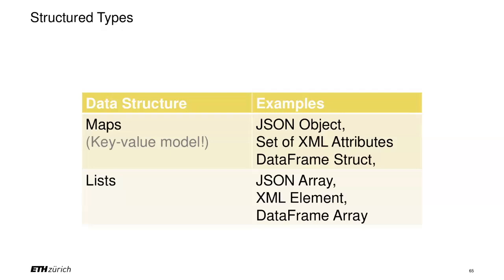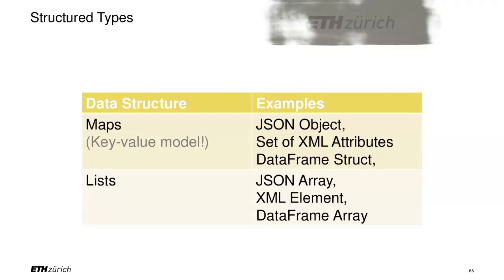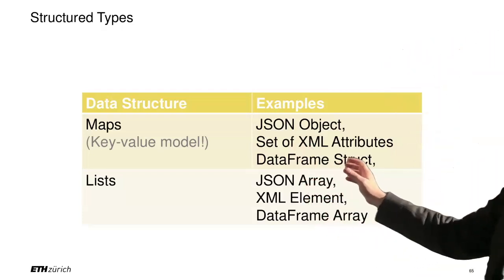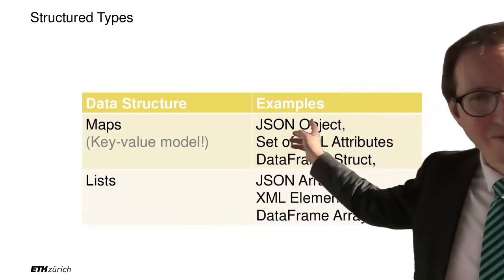So let's go to the structured types now. The structured types, I also have good news for you. It's pretty much the same everywhere. Not the same names, but still the same. So, for example, in JSON, we have objects and arrays. We'll get back to the sun right after that slide.